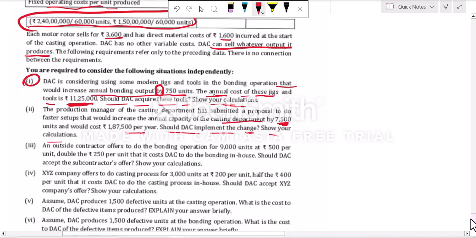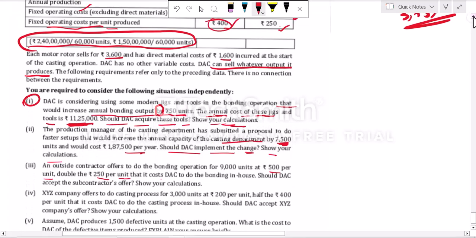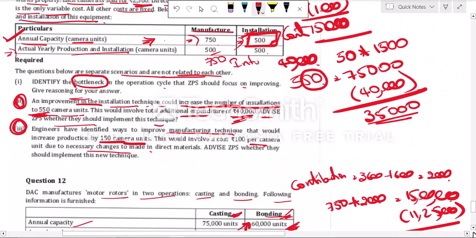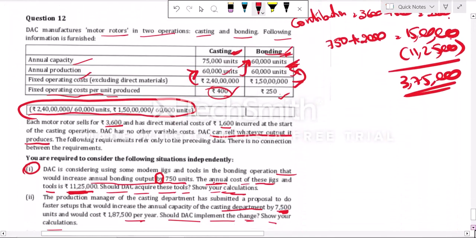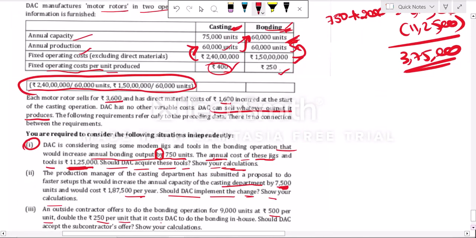An outside contractor offers to do the bonding operations for 9,000 units at 500 per unit, double the 250 per unit it costs DAC to do the bonding in house. Should DAC accept the subcontractor's offer? Show your calculations. See, if we outsource this, casting, not bonding,